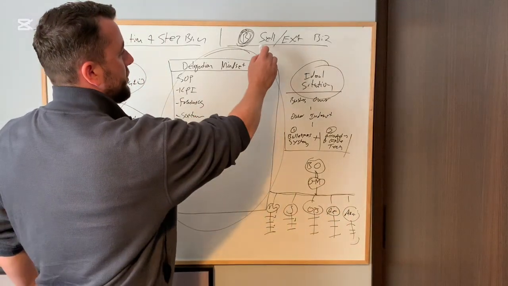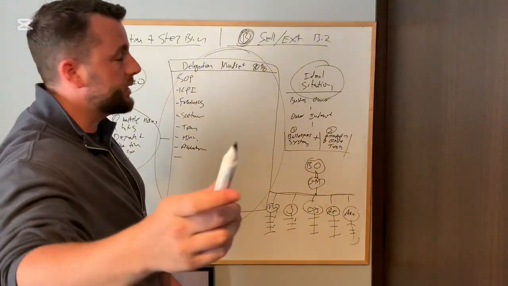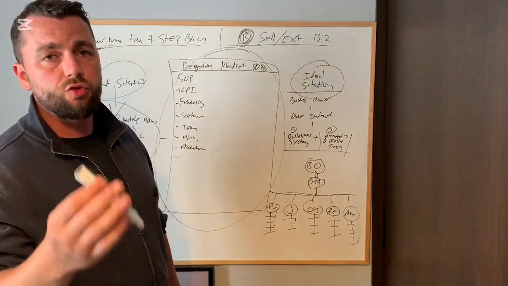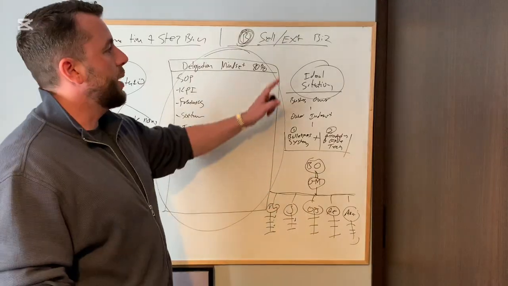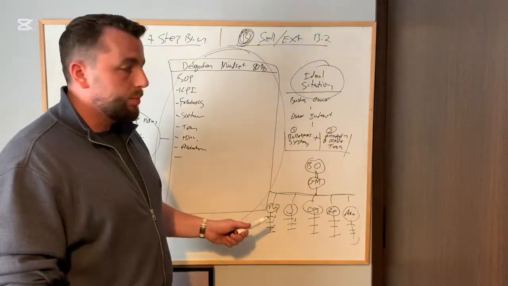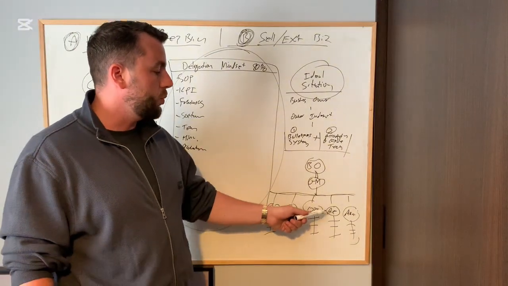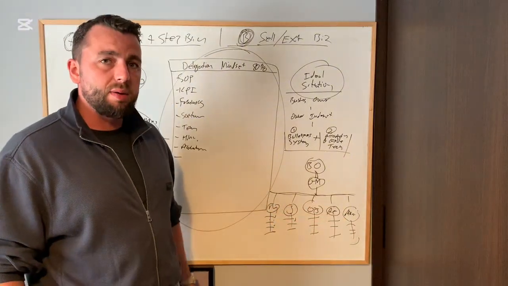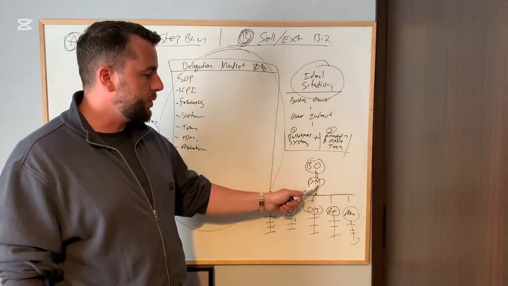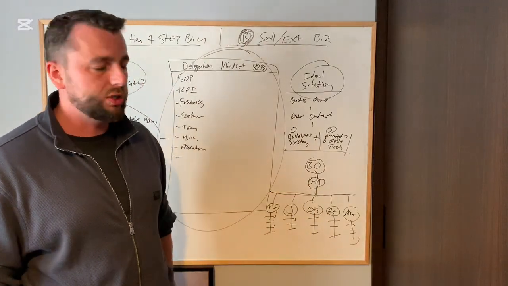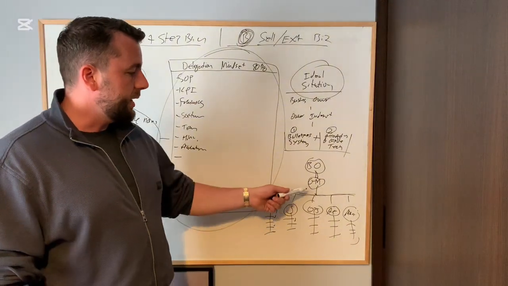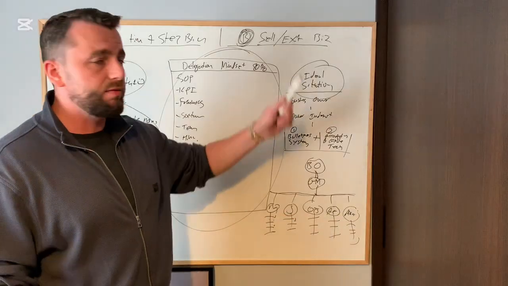But before you can ever get to the stage where you can sell or exit your business, you need to build it into an entity that can run, grow, and thrive independently of you. A business that is too heavily dependent on its owner is not going to be a sellable asset. But this also stands for key team members within your business. If your business is too heavily dependent on any one person, on any key player within your business, especially if that's someone above the line like a general manager, a CFO, or CEO, and if they drop dead in the morning, the business falls apart without them and they're hard to replace, that's going to reduce the sale value of your business.